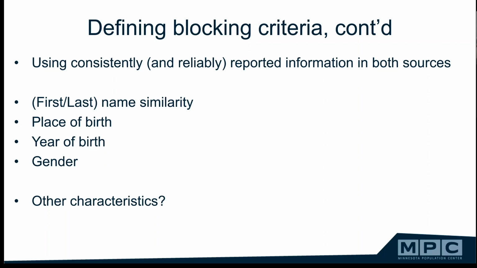Year of birth is typically information that will change over time, or will vary slightly. So typically plus or minus 3 years is pretty common, and normally we'll be blocking on gender. Now, there are cases in the data where individuals actually switch genders, or we don't actually think that they switch gender necessarily, but that there's enumeration error or reporting error or something like that. In theory, one could use other characteristics as well, but these are the typical blocking criteria that are used and that we're using as well.